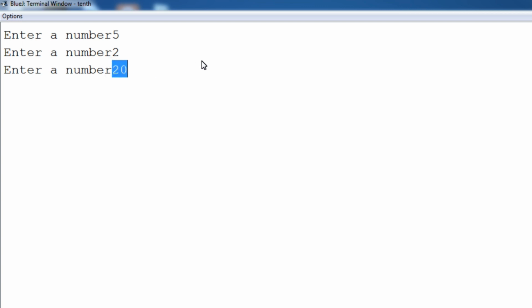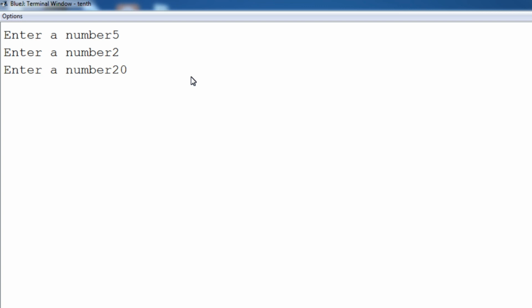So 5 plus 2 is 7, but after that 20 will not be added, correct? Otherwise I have entered 3 numbers, but it will be taken that only 2 numbers are entered because I is also not incremented, because continue has been performed and it has gone straight to the condition checking part.